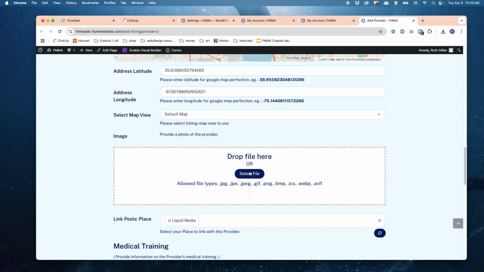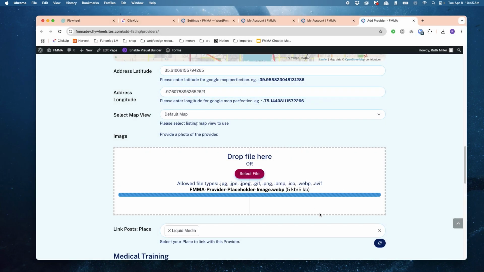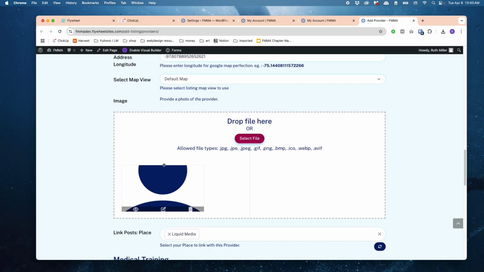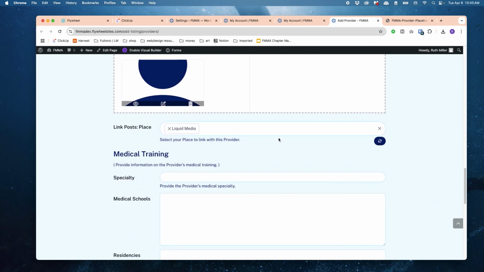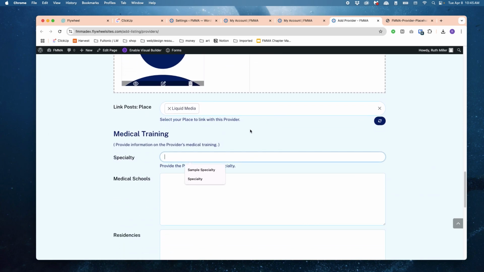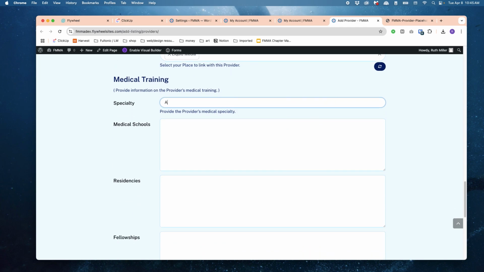I'm going to go down here. I'm going to provide just one image of my provider. This is just a placeholder. If you don't have an image, this is what will be shown for your provider. And then down here, the other thing that is different is that you can provide some information on your provider's medical training. So I can say my specialty, I can say where I went to school,